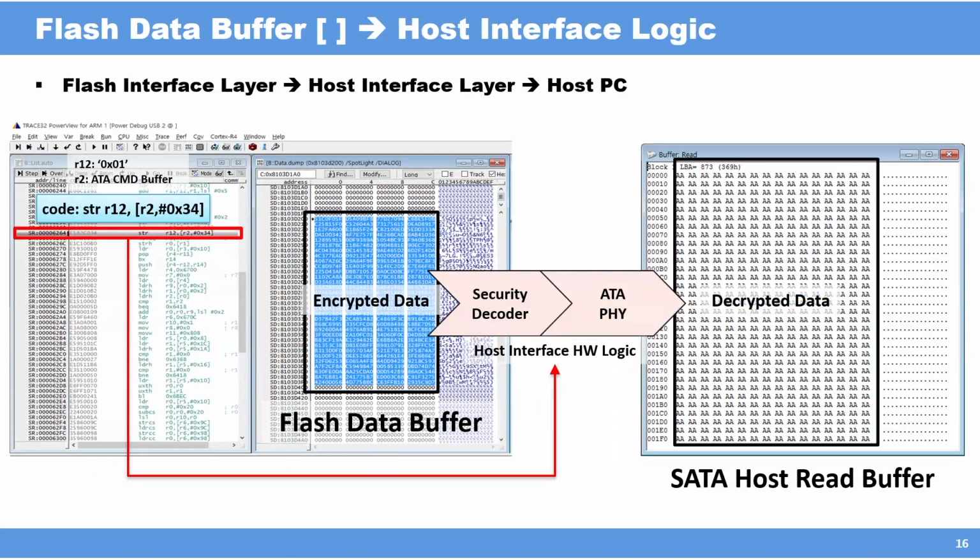Since then, the final process of the read sequence is about sending the data read from the NAND flash chip to the host. It can also show a certain code line which stores always-high bit to a certain memory address. Only after this line can we show data in the host read buffer on the PC. If the SSD has security logic, we can get plain text data which is decrypted by the hardware security decoder, as